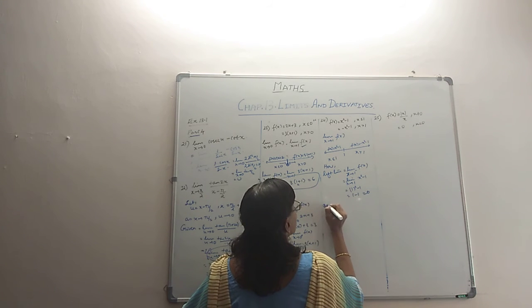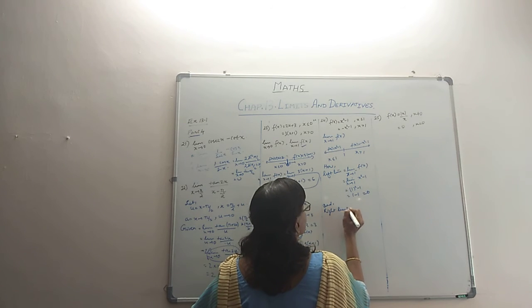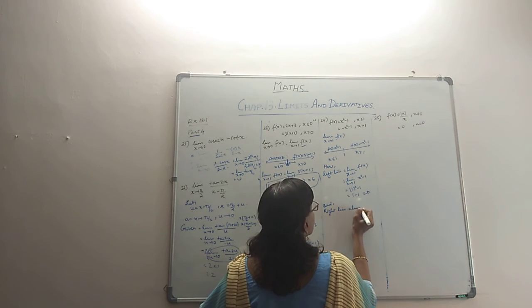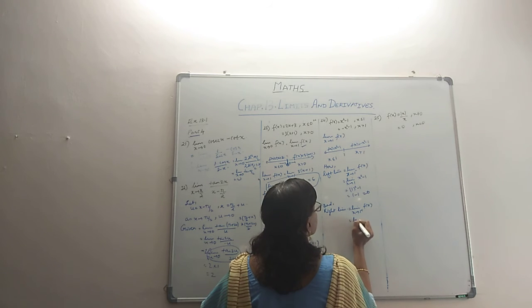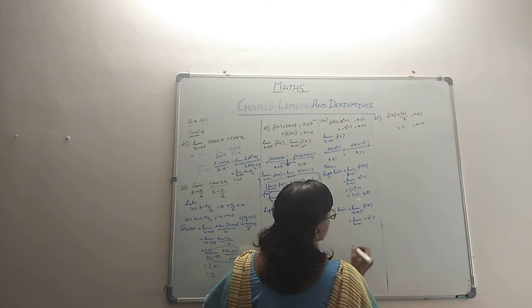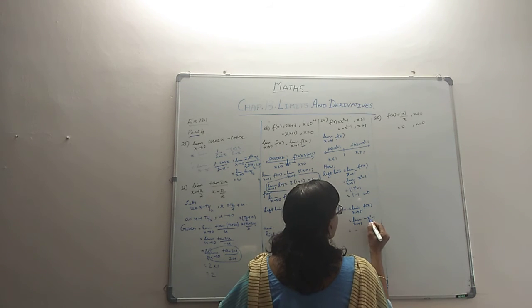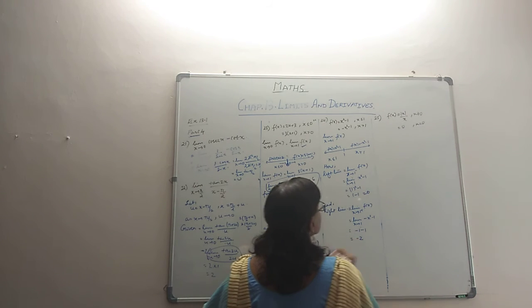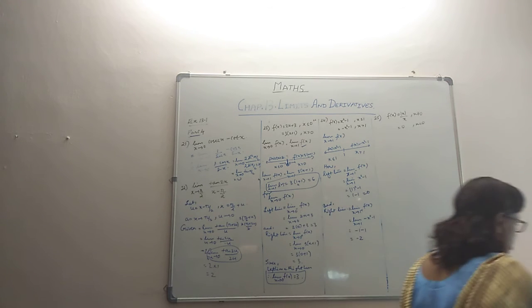Then we are also very quick to find the right limit. Right limit is the limit as x tends to 1 plus of f of x, that is the limit as x tends to 1 of minus x squared minus 1. On substituting, it is minus 1 squared, which is 1, minus 1, that is minus 2. Just check, the left limit is not equal to the right limit. The limit does not exist in this case.